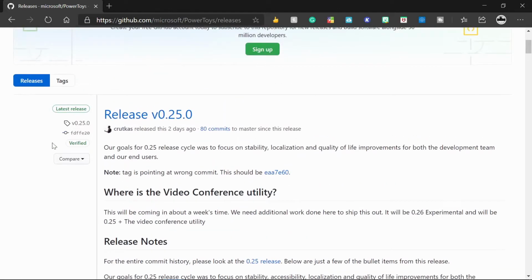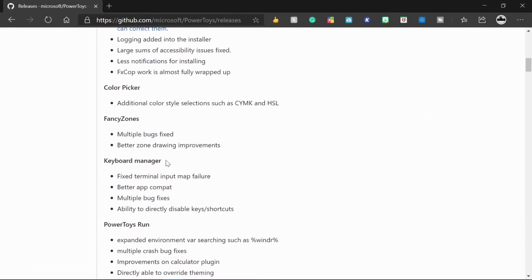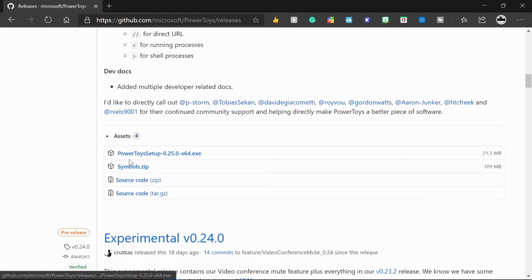As of this video, the latest release is version 0.25.0. So to get that, you have to go over here. You want to click on this button. That'll get you to the installer. I don't have to walk you through it because it's very straightforward and you'll be able to have PowerToys installed